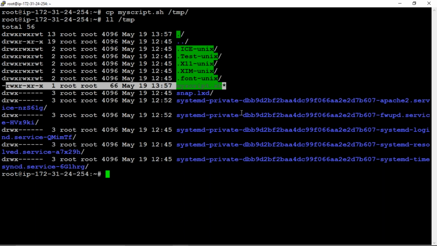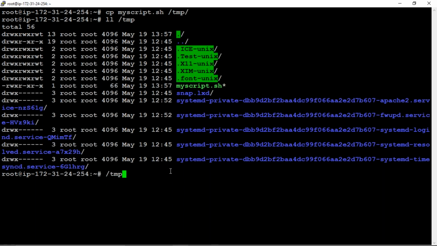Okay, to understand the debugging tools, we are going to do this one. Now if you want to try to execute this one, let us try with /temp/myscript.sh. Got this?